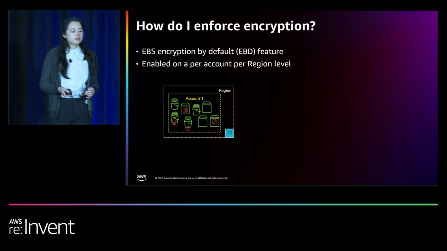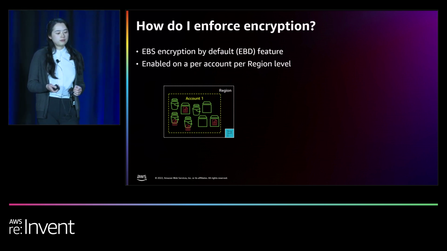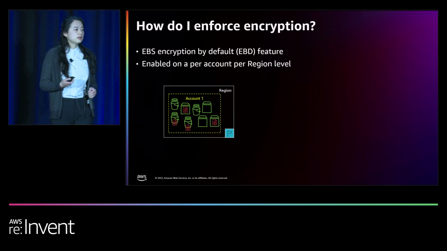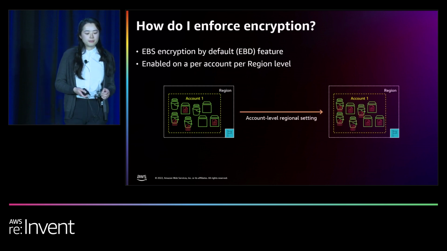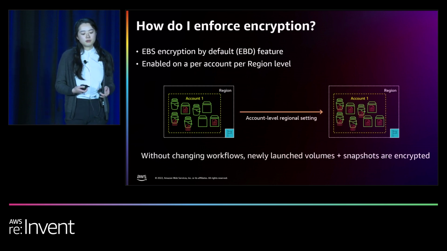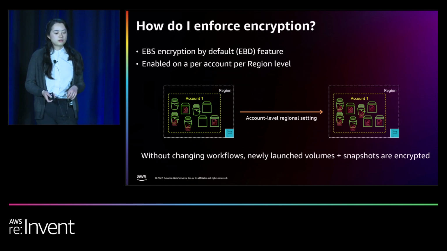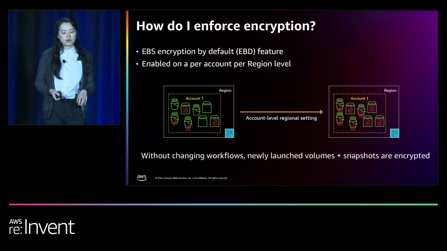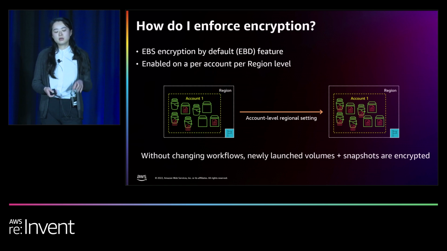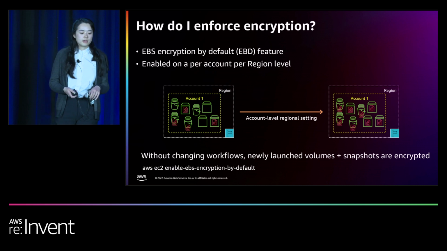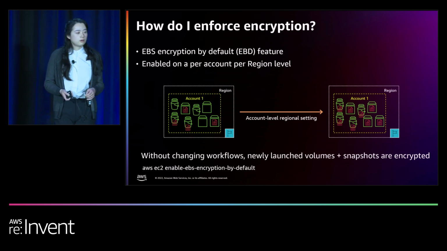And EBS has a feature called EBS Encryption by default. It can be enabled on a per account, per region level. And once this feature is enabled, everything created in this account will be encrypted. So all your new volumes launched in this account, all your snapshots, all your future AMIs will by default be encrypted. And it's just a simple click in the console, or if you prefer CLI, the API or a simple